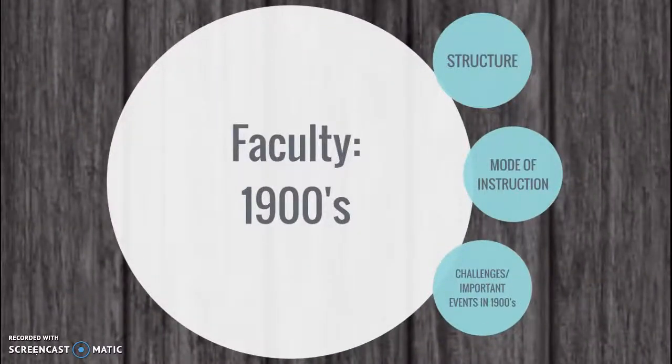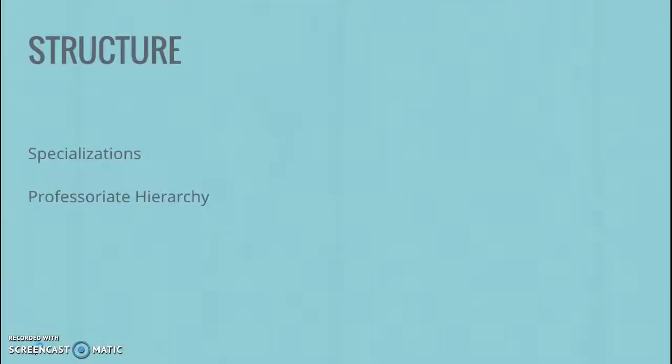The 1900s. The structure of faculty in the 1900s was brought on by the introduction of specialties, mainly due in part to the rise in science and science research. So now teachers are going to be hired that have a background and an interest in one particular topic. They're allowed to teach those particular classes and not be expected to teach every single course over the course of a curriculum. So this allows them to hone in on their interests and experience and actually led to a more